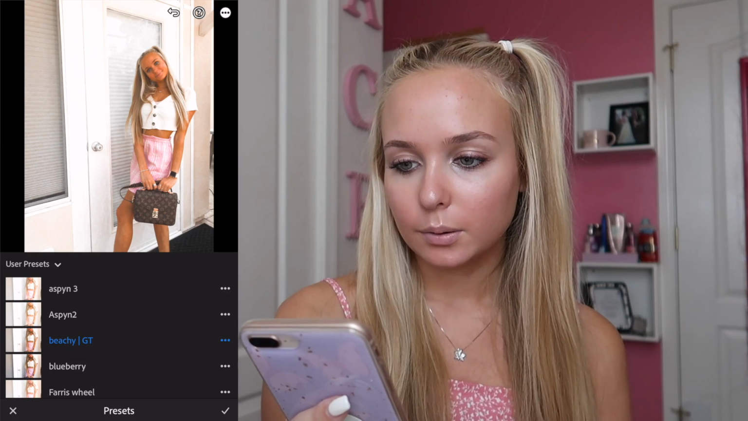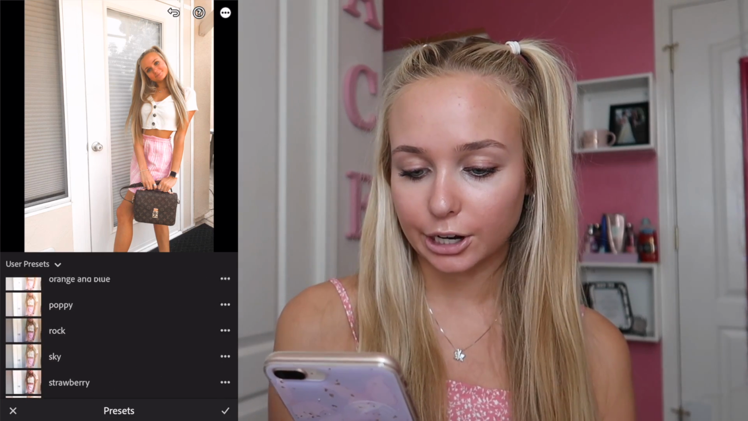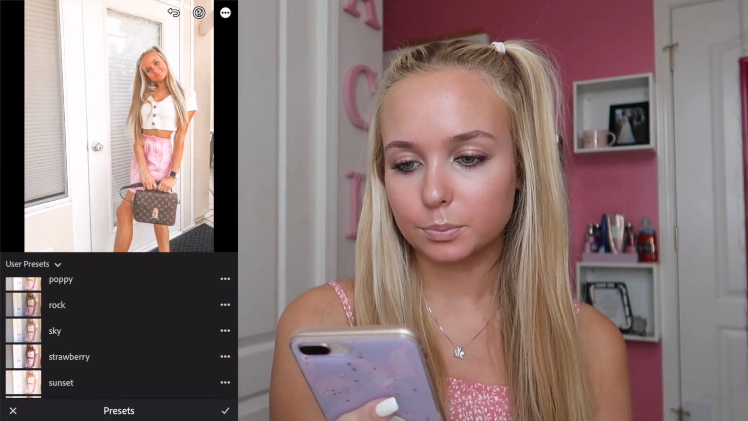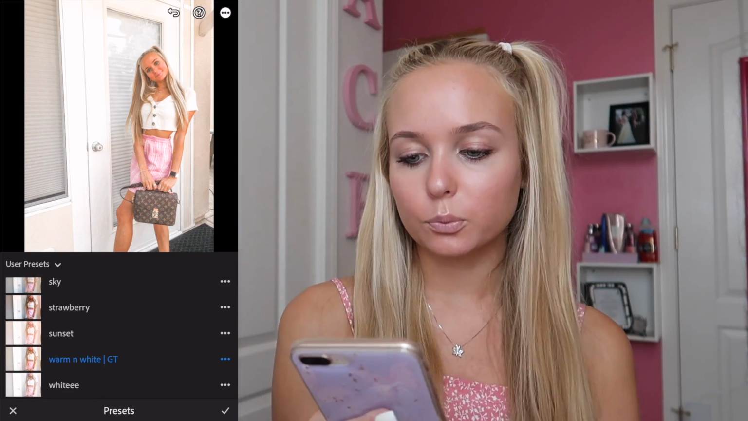So this photo, as you can see, it's just kind of dark, but it's still pretty bright. So I'll normally go through and just click on some of these. Aspen looks pretty good. Beachy's a little too dark. Grace Taylor's kind of dark. Greenery is pretty good on this one. Warm and white is pretty good too. I think I'm gonna go with warm and white on this one because I like how bright it looks, but